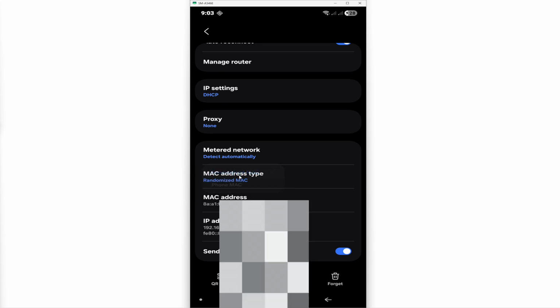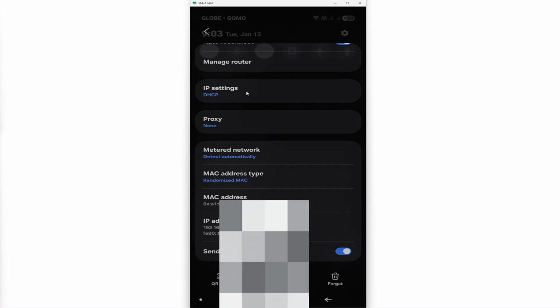Select this option. And if you do have this option in your router as well, if you can access your router, make sure that you select a randomized MAC as well. That's basically it. Once that's selected, go ahead and restart your phone, check your Wi-Fi, and everything should work